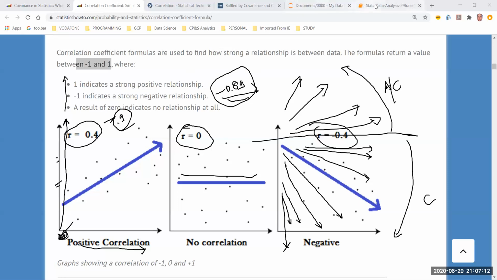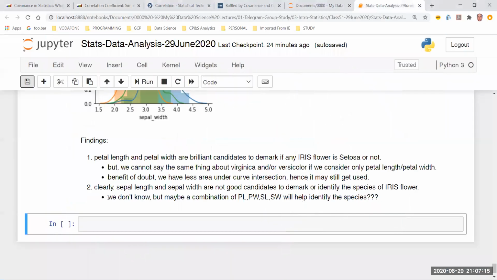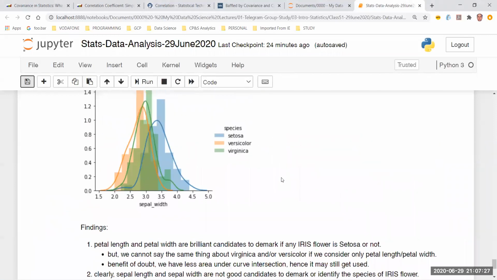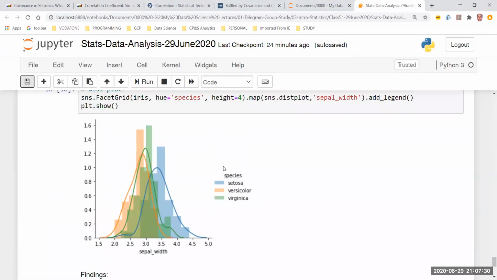What we are trying to do over here is as simple as we are trying to ascertain if petal length, petal width, sepal length, sepal width, are there any relationships between them, or is there any impact of the values of these four columns on the output that I'm trying to find out, or the pattern I'm trying to find out. So that part is the species.